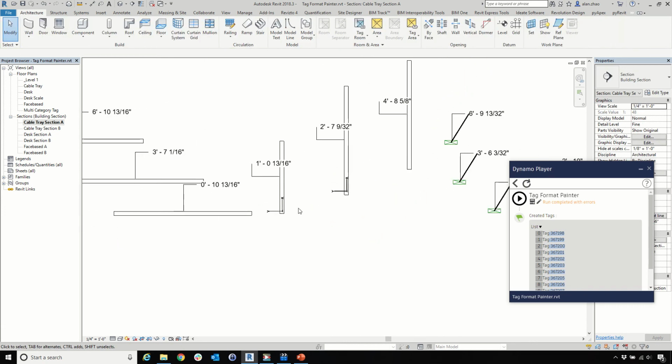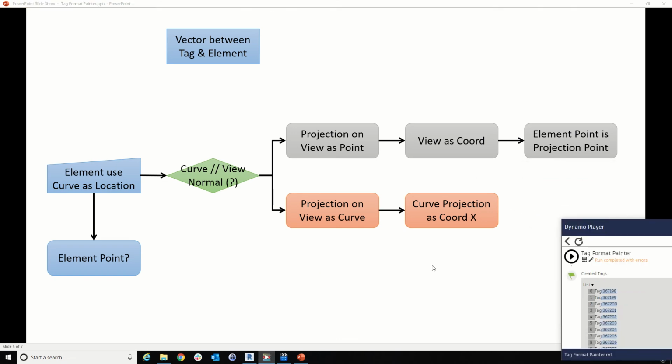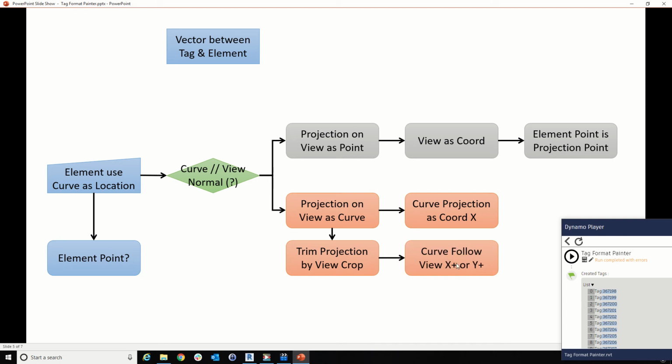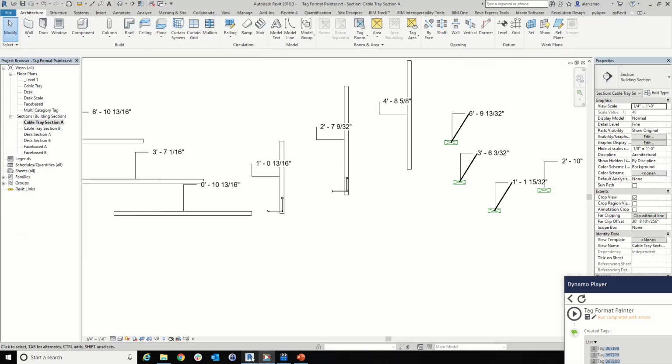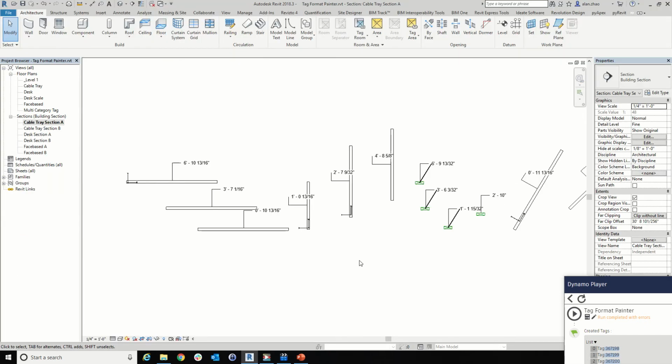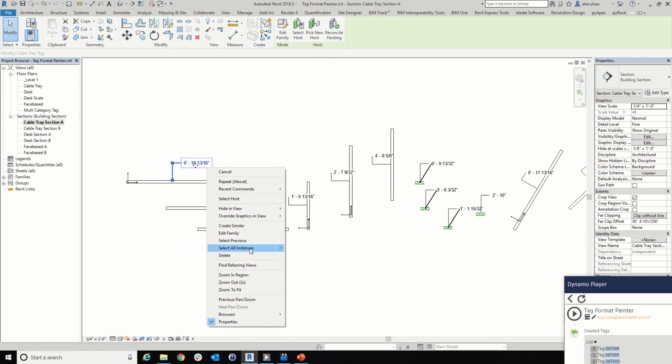Right, basically like that. And then I'm going to trim the projection by view curve region using the curve follow view X plus or Y plus, and eventually the element point is curve at a certain curve parameter. A little bit complex over here, but we're going to explain it in here. So the way it works is,